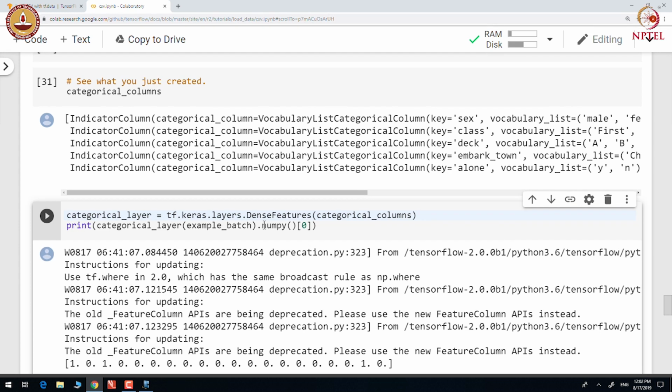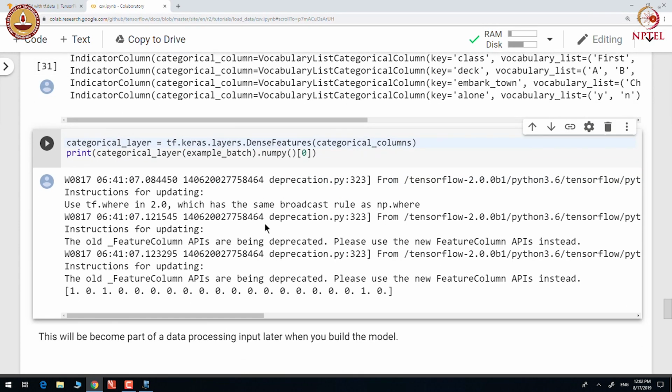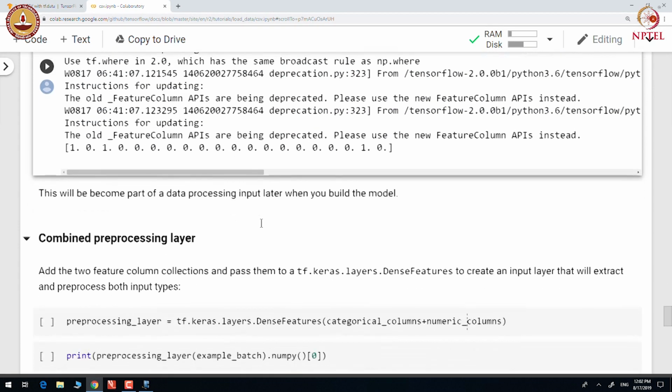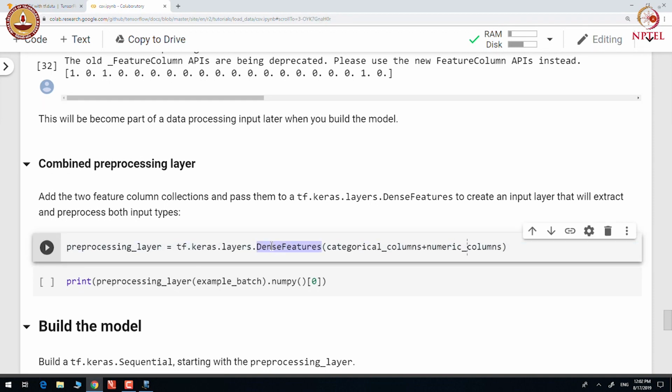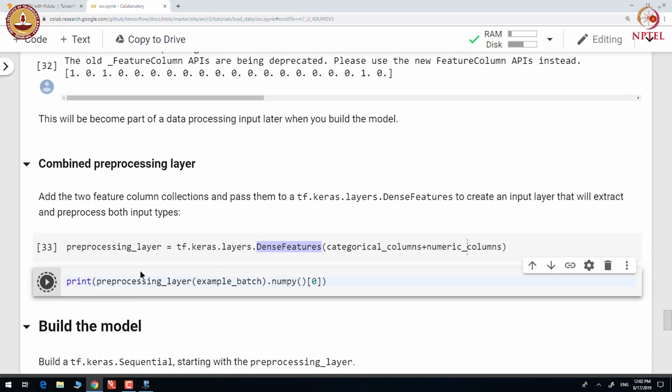We also create a dense feature layer out of the categorical columns, and now what we can do is, since the categorical columns are converted into numbers, we can combine categorical columns and numerical columns into a dense feature layer and pass it to the model.